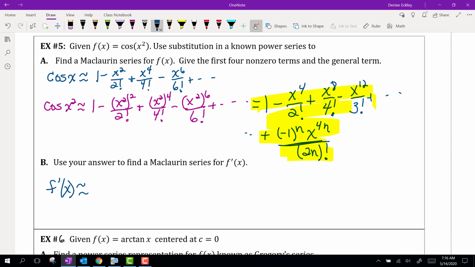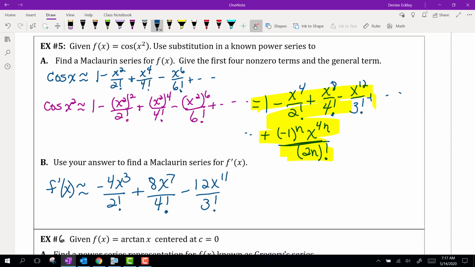The next derivative is going to be -4 x to the 3rd over 2 factorial. And this is why we like power series, because we can just use the power rule, plus 8 x to the 7th over 4 factorial minus 12 x to the 11th over 3 factorial, which is a lot easier to,